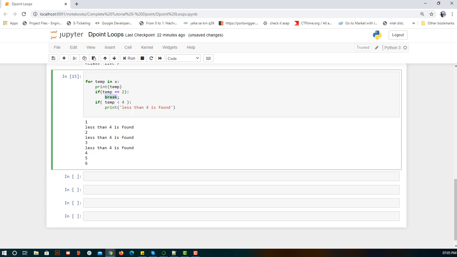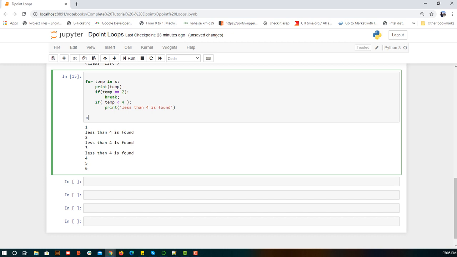So this line will get executed, this line will get executed. Now 2 will be printed, and because we are breaking the loop, we are coming out of the for loop. So let me write here print end of for loop. So that was break, meaning breaking the loop, or we can say coming out of the loop.